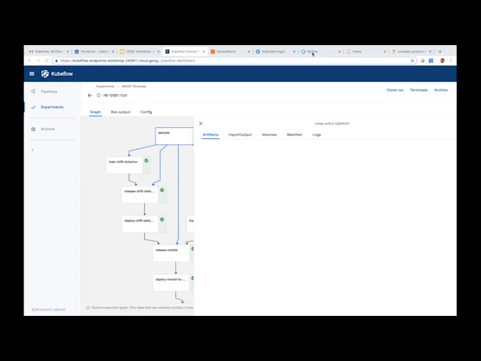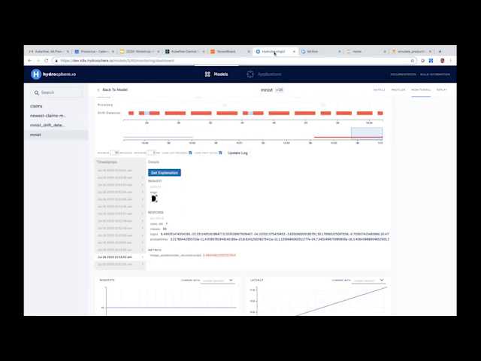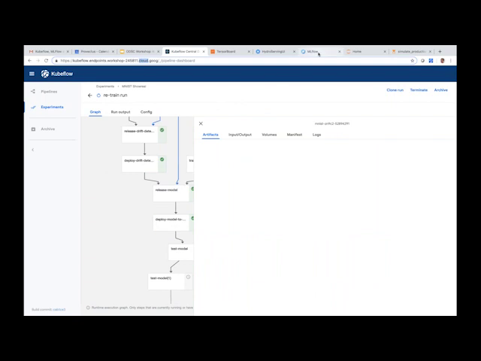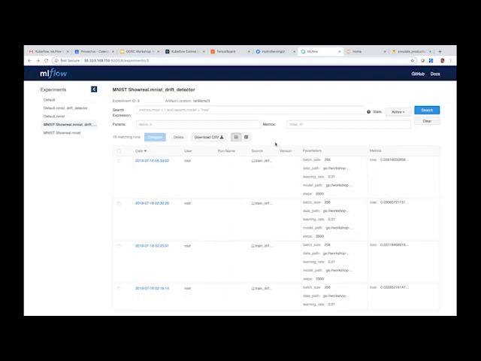Hydrosphere is cloud agnostic. We can run on any cloud. Basically, in this setup, Kubeflow runs on Google Cloud, but the Hydrosphere UI runs on AWS Cloud. So it's a multi-cloud deployment in this case. Good question. Yeah. In the meantime, I forgot to show you the MLFlow